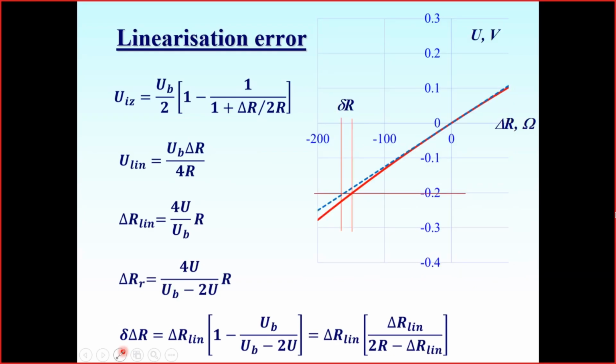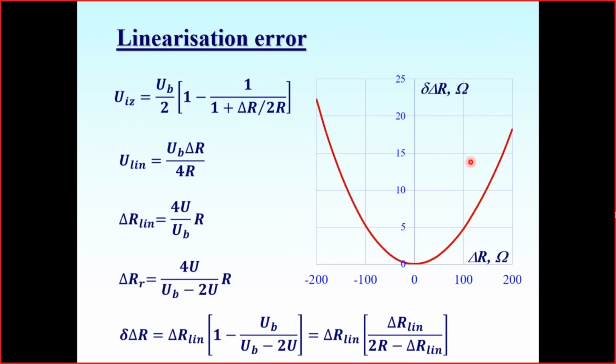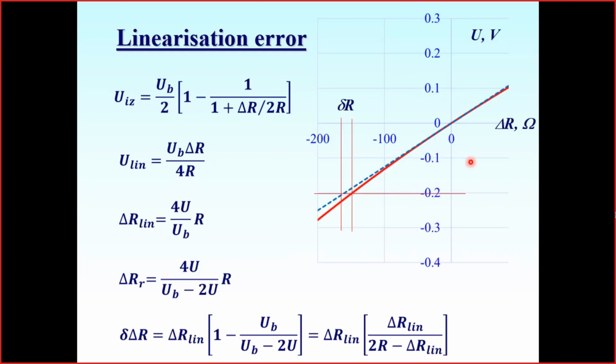We may make a different choice of this normalization line. I took here as an example just the linear part of the Taylor expansion series for the voltage as a function of the resistance. We may take any other line. Anyway, for this line, which is actually tangential to the actual relationship between voltage and resistance on the input, if we build this error, it may be seen